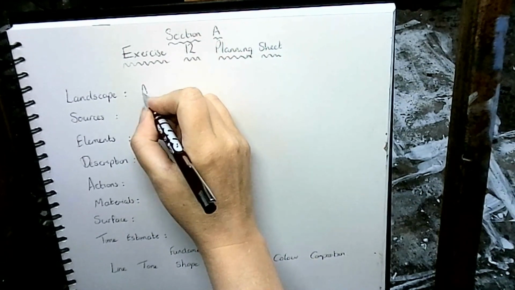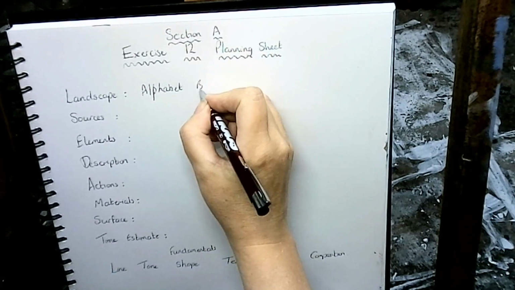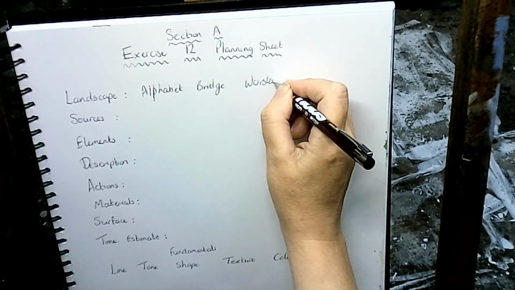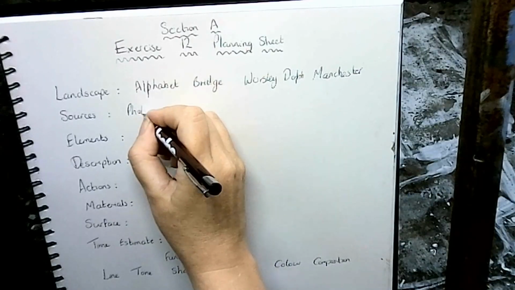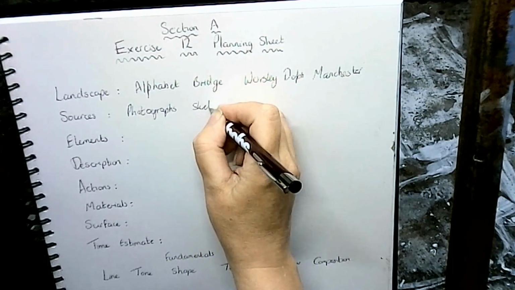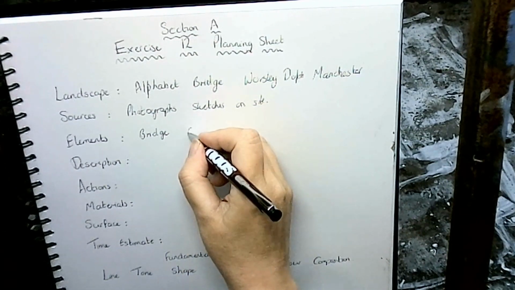So planning sheet, I can go straight into it. Landscape: Alphabet Bridge at Worsley, Manchester. Sources: I'm going to use photographs and sketches. Elements: it's going to have the bridge, the canals,